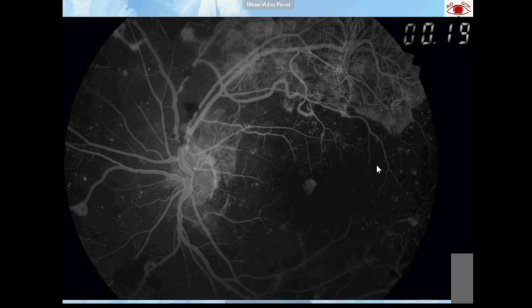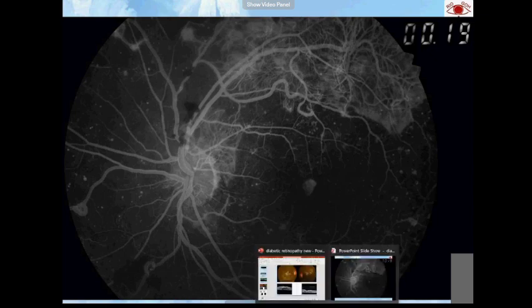So what is the treatment you have to give him? What treatment should you offer him immediately? Anyone? Pan retinal photocoagulation. Very good. Who was that? Whose voice was that? I want to know the names. Abhinav. Very good. Frequency doubled Nd:YAG laser, ma'am. Frequency doubled Nd:YAG laser. What's the wavelength?